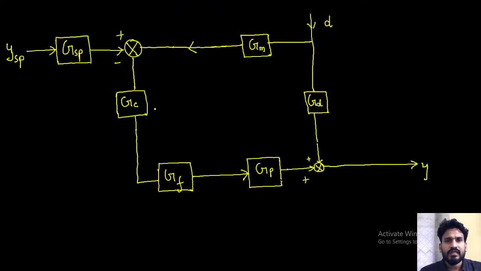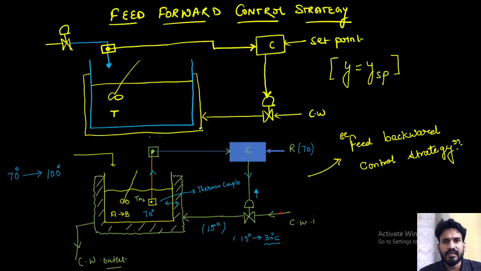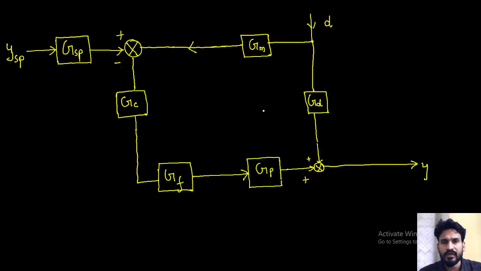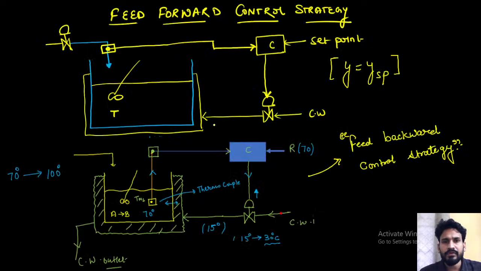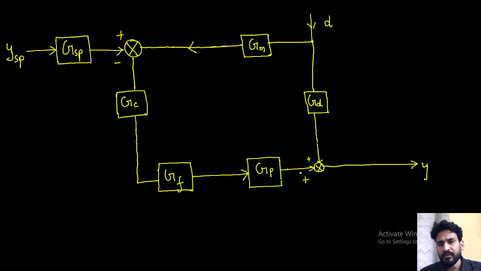So you can see here that this is my set point, and this is my measured disturbance, and it is compared, error generated, it is going into the controller, which will take action, and it will give the signal to the final control element. This final control element is going into the process, and the process is giving my output, right? It is clear to you. And this is my disturbance. This is basically the block diagram of it.